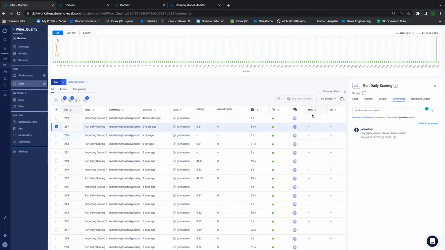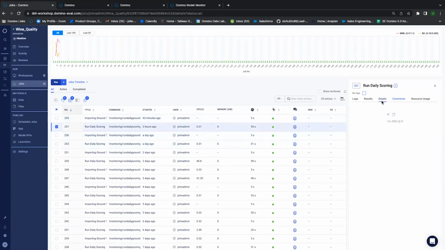You'll see here, I'm showing you 2 columns for metrics, MSE and R2. In Domino, when you're running the job, you can create custom metrics to be exported as part of the actual column names of this table that we're showing you here for a job. Now, in addition to that, if I select the job itself, you'll see here all these options that we have available.